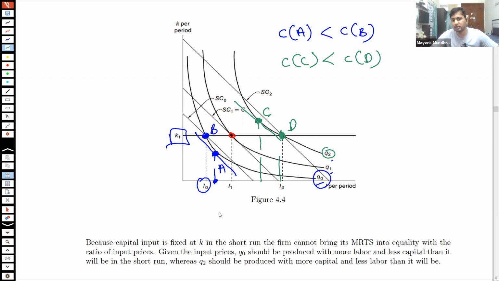Again, it's the short run cost which is going to be higher, which is very simple to say, because if D would have been cheaper than C, then in the long run maybe you would have picked D, because in the long run you can pick the entire isoquant. Nobody is stopping you from picking any point. But in the short run, in this entire isoquant Q2, the only point you can pick is D because your capital is fixed at K-bar. If D were cheaper, then why are you taking point C in the long run?